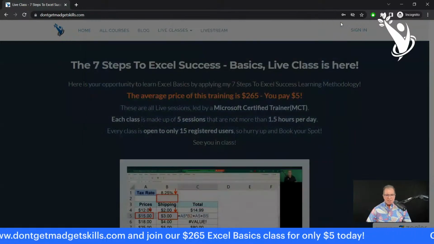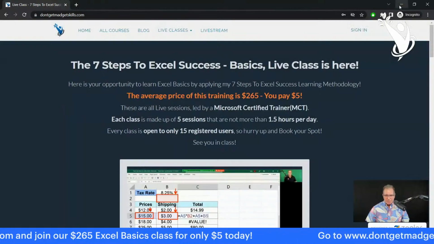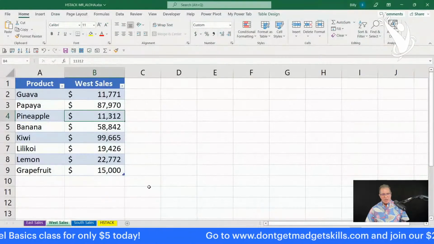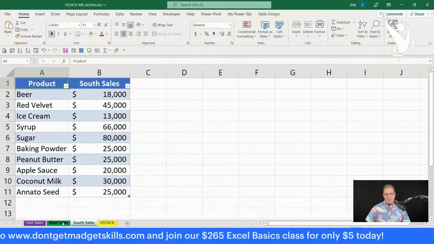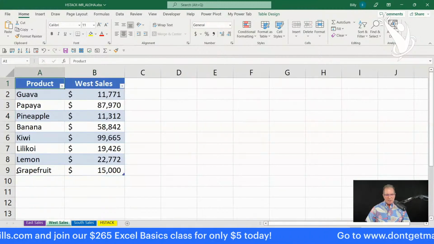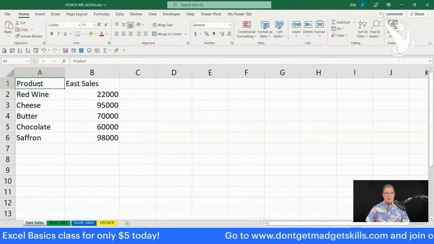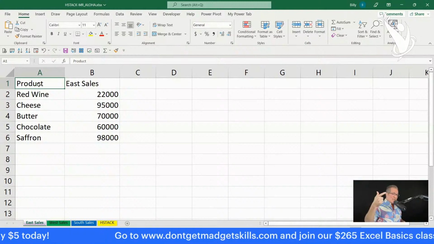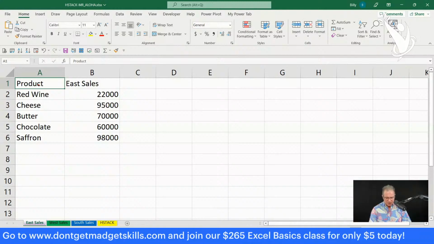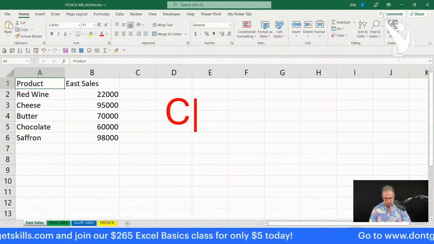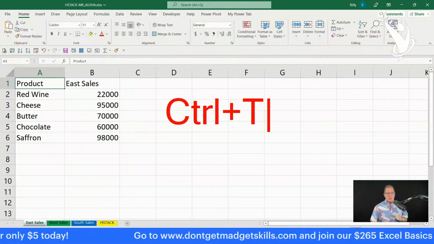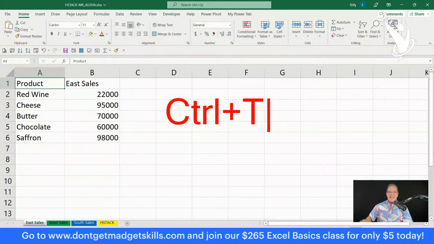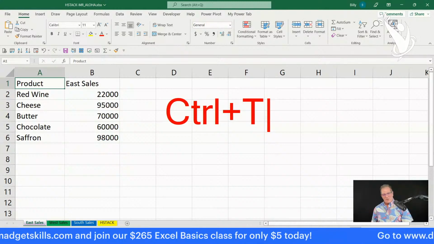All right. So let's get back to learning how to do the HSTACK. So the first thing is convert your data ranges into tables. You should just do it all the time. Put your marquee in the data, and you're going to press a shortcut that's called Control T. Control plus the letter T. Control T. All right. I get excited. I like to teach. I know how good this is for you.